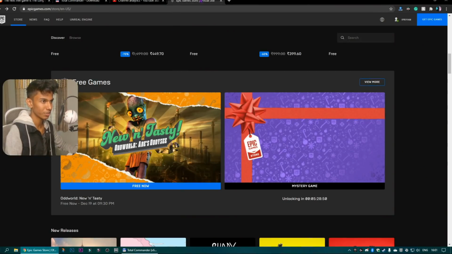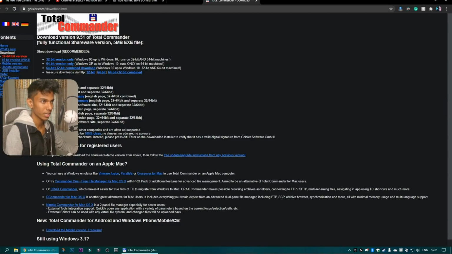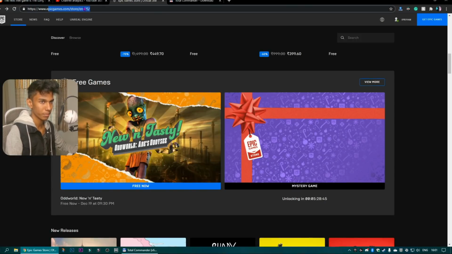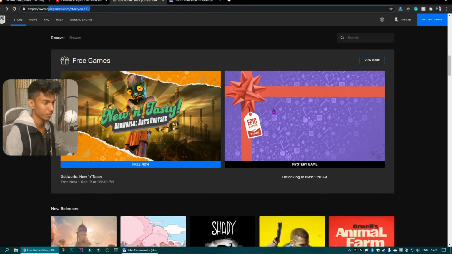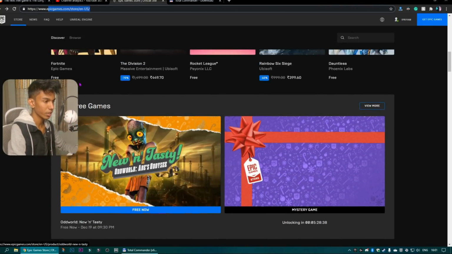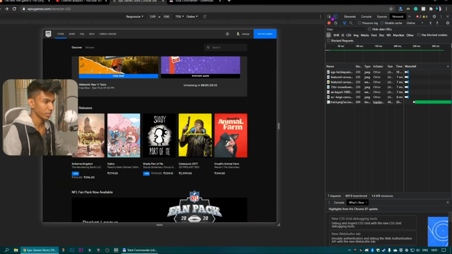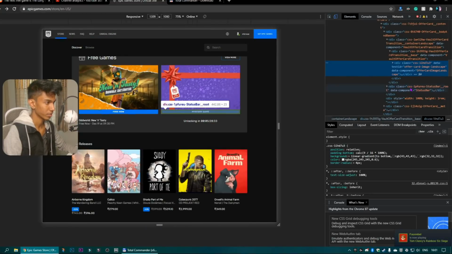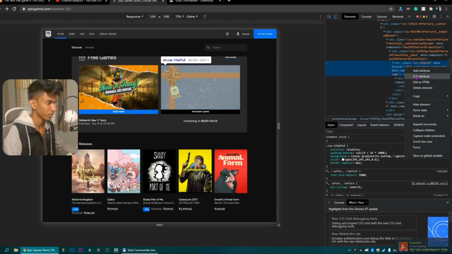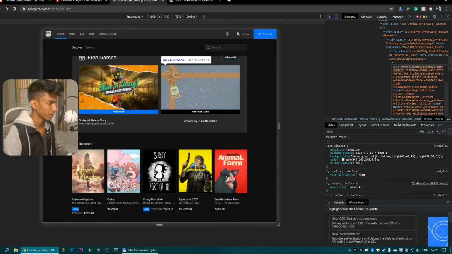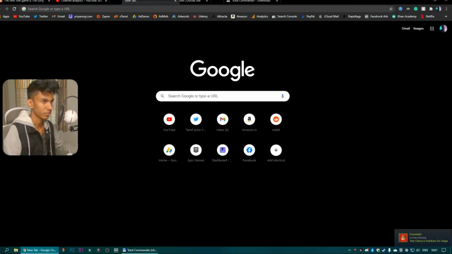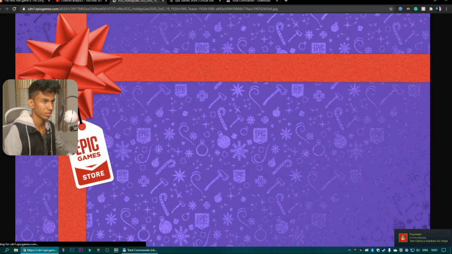The first thing that you'll have to do is open your web browser and open these two links. First, the Epic Games Store one, and the other one is this software. We'll get to the software in just a second, but first off, go to this page, press F12 to enter Inspect Element. And now just click on this image right here, and once you are here, we'll just take out the image URL. Click on edit as HTML, and then you see this src right here. That's the source of the image. We're gonna copy it until the .jpg part and paste it right over here.